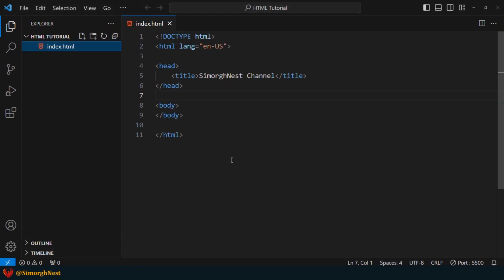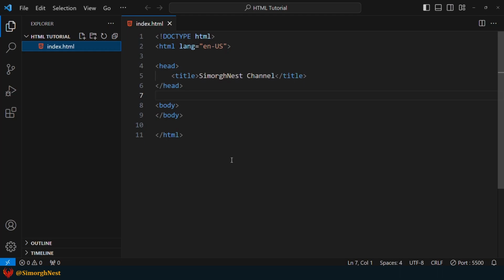Okay, in the previous versions of HTML, the head element was mandatory. However, this requirement has been removed in HTML5. Nevertheless, it's recommended always to include the head tag at the top of the HTML document, because it provides additional information that search engines like Google can use to understand what the web page is about.